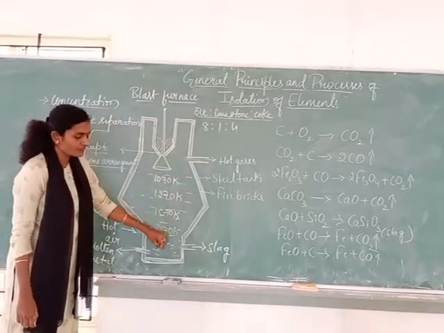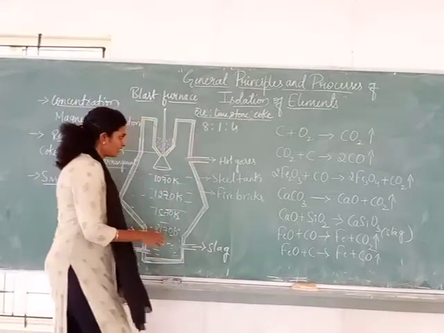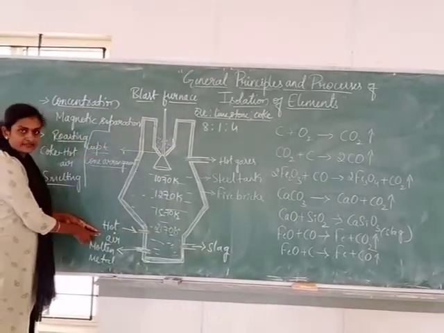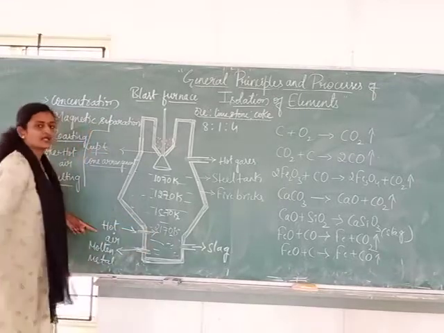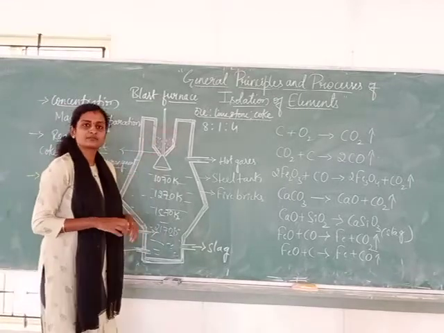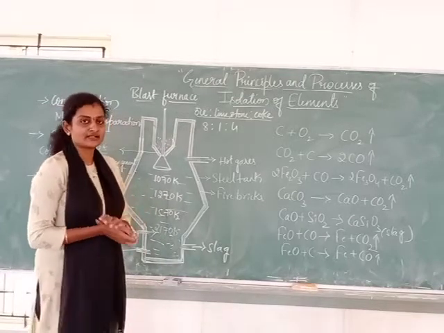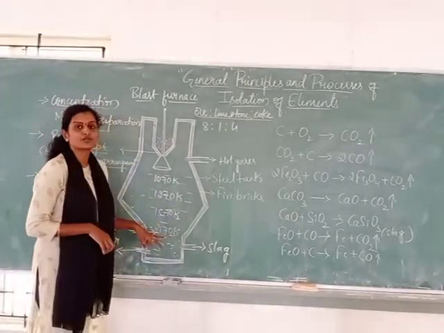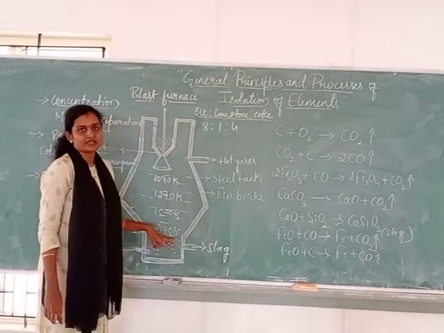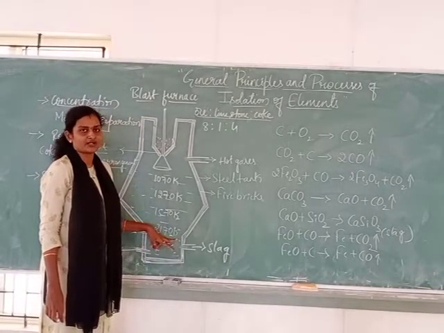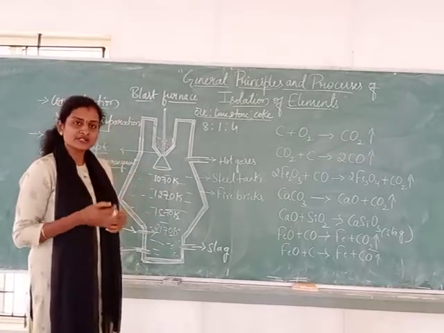Once they get down in the tank, the coke, that is carbon, with the help of hot air, here you can see the inlet, hot air will be passed. Utilizing the air, the coke, that is nothing but carbon, oxidizes and produces carbon dioxide with the release of a large amount of heat, that is around 2170 Kelvin temperature will be provided. With this temperature, the ore particles are going to gradually melt.